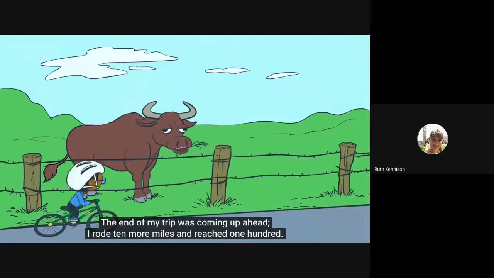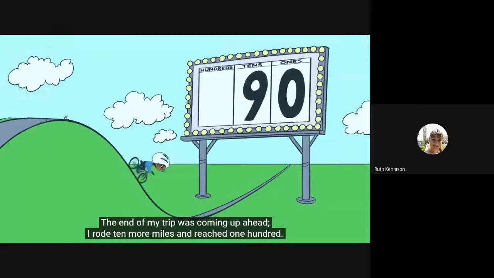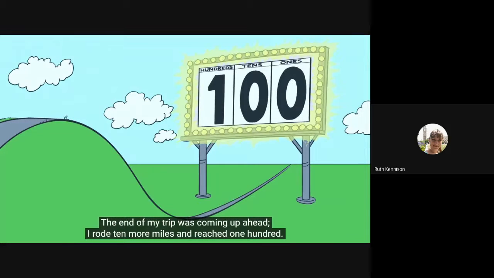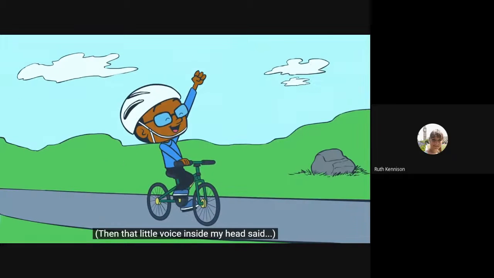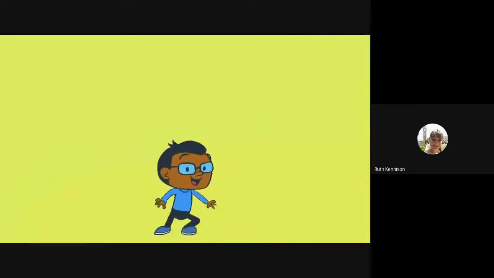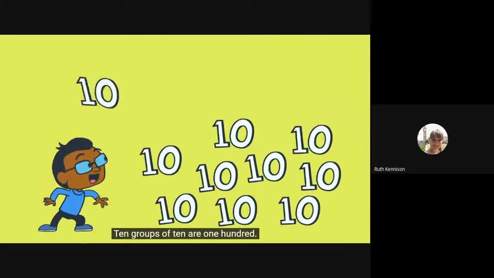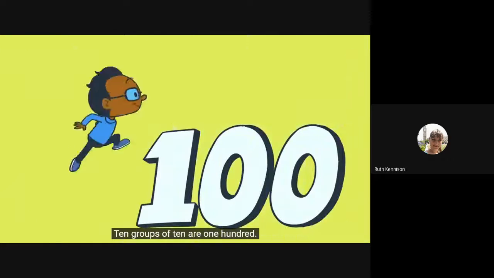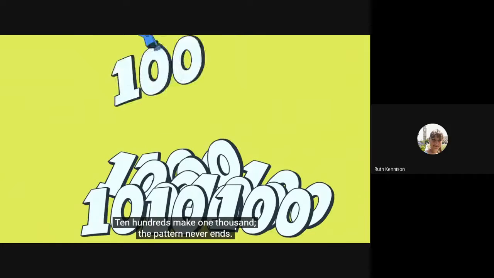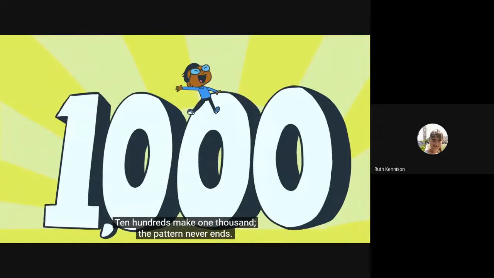The end of my trip was coming up ahead. I rode 10 more miles and reached 100. There's that little voice inside my head said, what? 10 ones make 10. I Groups of 10 are 100. 10 hundreds make 1,000. The pattern never